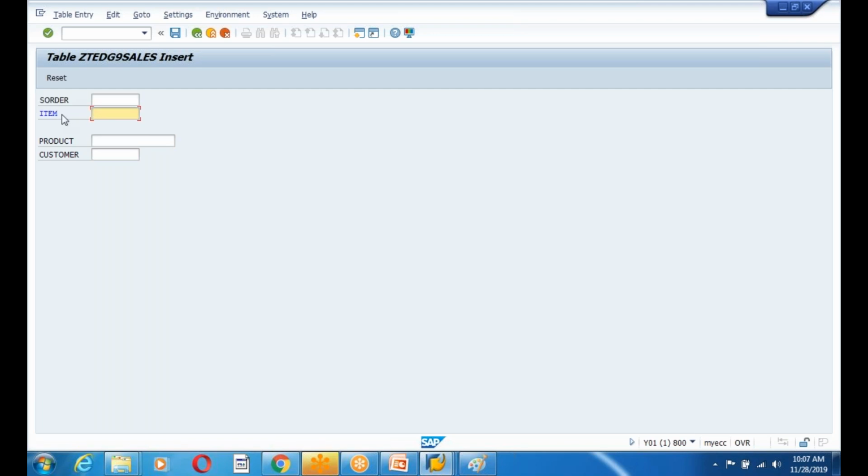See, you can see the blue color means it's a primary key. So now I can store 100. The next item is 2, the product is case and the customer is Sai. Control S, save. See, guys, the data record is successfully saved, and I enter 3 and it's a